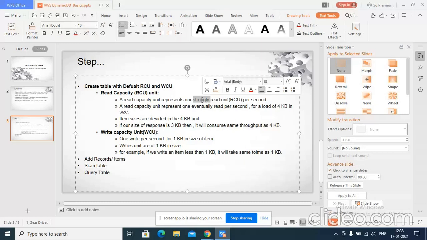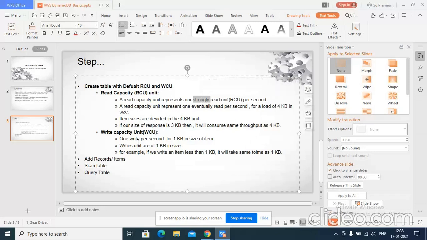Strongly consistent read is always costlier, and eventually consistent read is always cheaper. The eventual read capacity is double the strongly read unit: in 1 second, it can read 2 units of data, while a strongly read unit reads one record, or one item, per second.